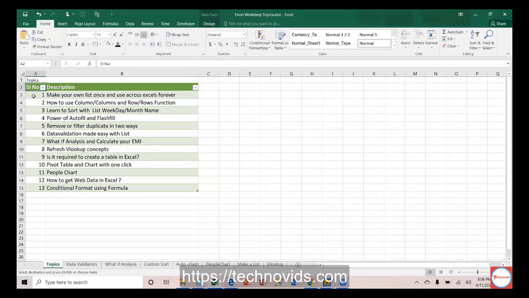So anyways, these are the topics I'm thinking of, and we are restricting ourselves to these topics. That's another thing. There are a lot more other topics in Excel. Excel is a sea, an ocean, but we are restricting to these topics at this moment. We can ask anything within these topics definitely, but outside of this, probably we can take it offline. That's one of the ground rules. Okay.